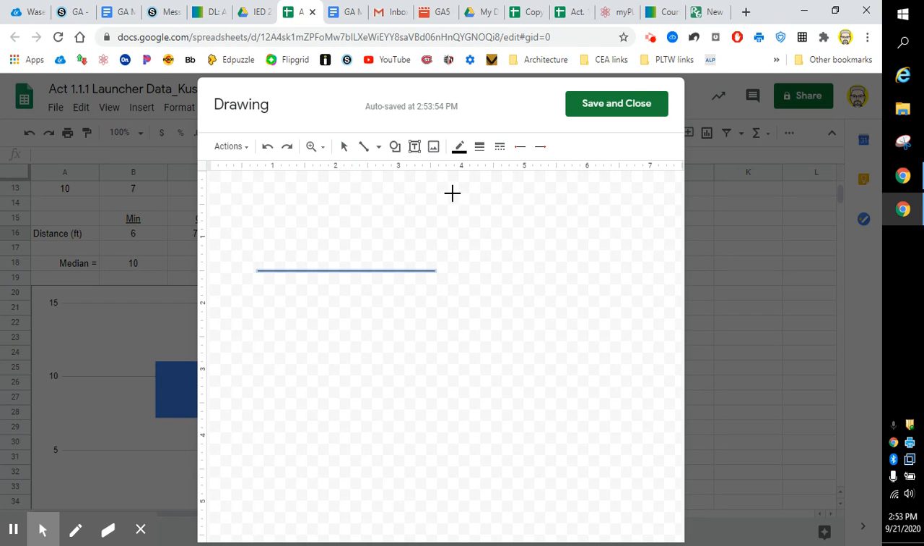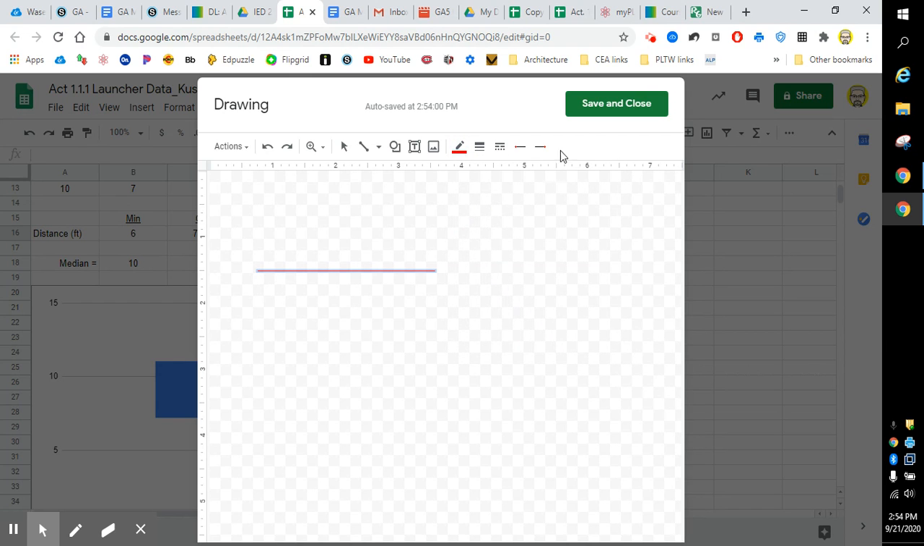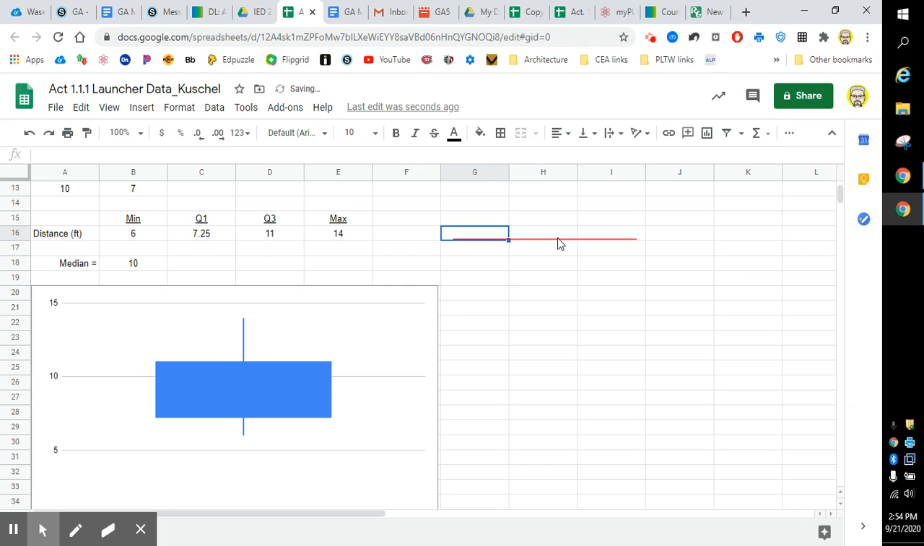What I like to do is change the color of that. Let's make that red so it'll stand out. We go ahead and save and close. Here's our line. Now we can take that guy. There it comes. Once we get the hand, we can drag that down